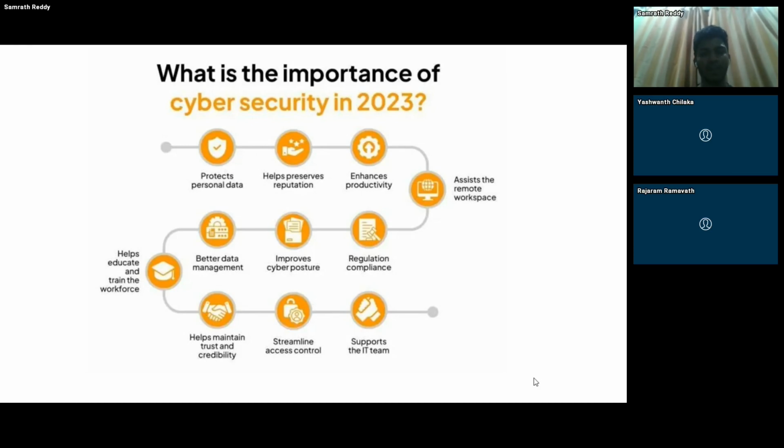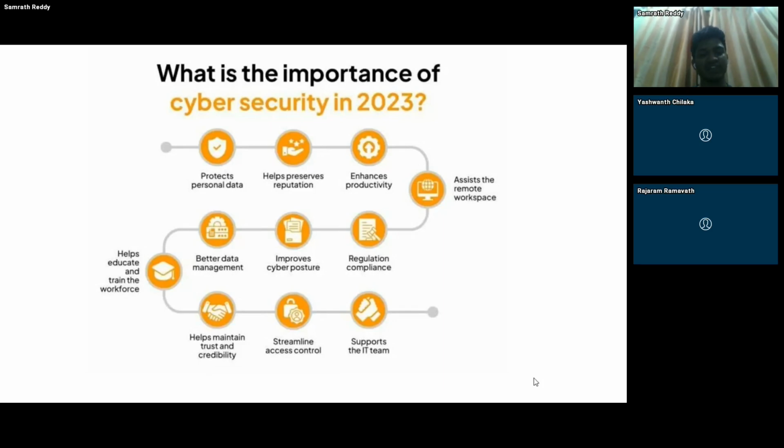And regulatory compliance: nowadays, governments and laws have become stricter regarding cyber attacks, and they have implemented many regulatory bodies and standards such as HIPAA, SOC, and GDPR, which play a substantial role in protecting individual users and organizations. Whenever you are browsing a site, you may see that it is compliant with GDPR policy. That means the site is bound by some policy.